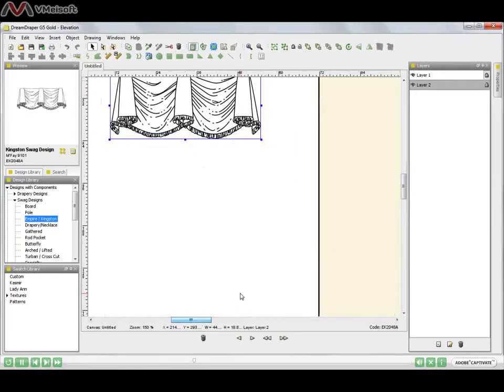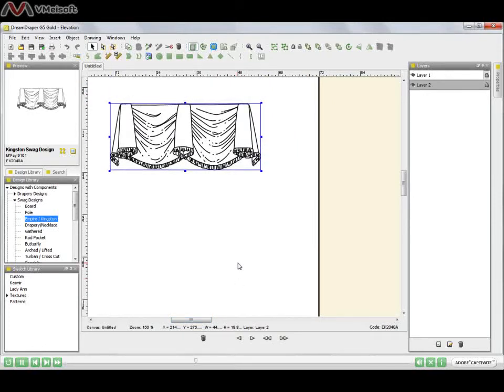There. That works. Now, I like to fill my designs with color or fabric before I actually start applying it to the window. Everybody has their own style, but that is my style. So I am going to fill this with fabric. Now you can fill it with your own custom fabric that you can apply into the custom swatch library. We do have a very detailed tutorial that tells you exactly how to do that. In this example though, I'm going to fill it with one of the cashmere swatches that come with Dream Draper. So I'll click on